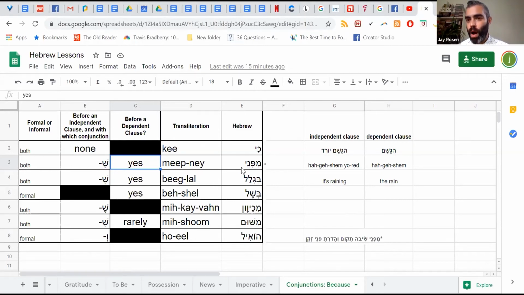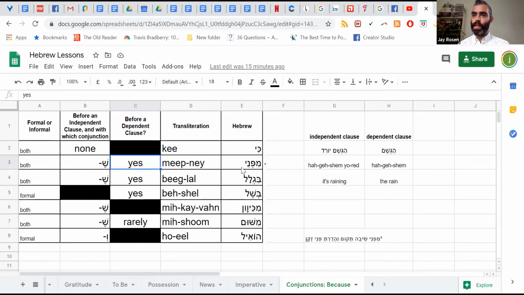The reason why, at least I think, a lot of your Hebrew teachers, and the reason why I say yours, is because I hear many, many olim say mipnei she all the time. Mipnei she in modern Hebrew is very formal. It's a little too formal. It's a little stodgy. The reason why we use it is because we have a precedent for saying mipnei she in older Hebrew texts.